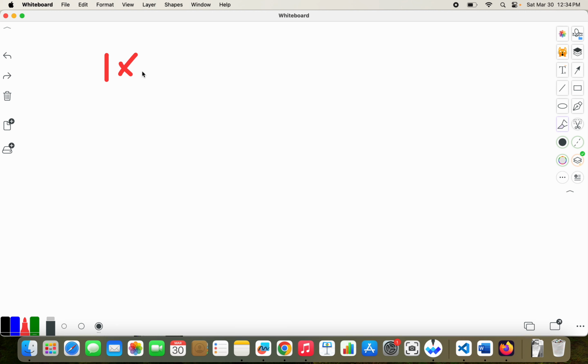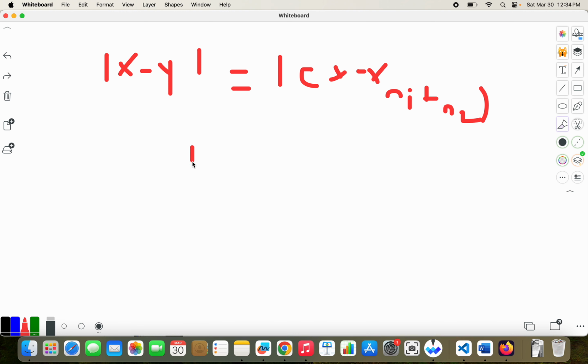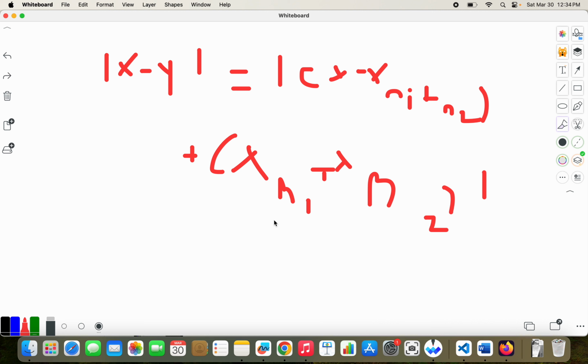This implies |x minus y| is less than or equal to |x minus xm1| plus |xm1 minus xm2| plus |xm2 minus y|, which is less than or equal to